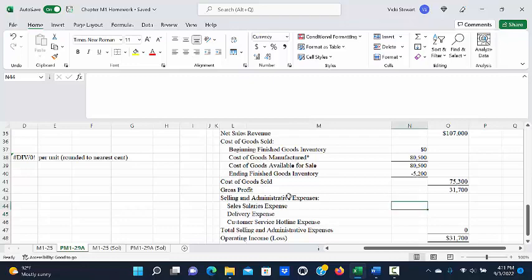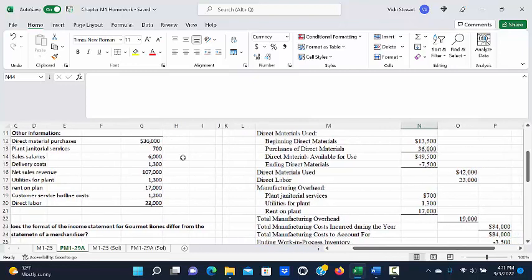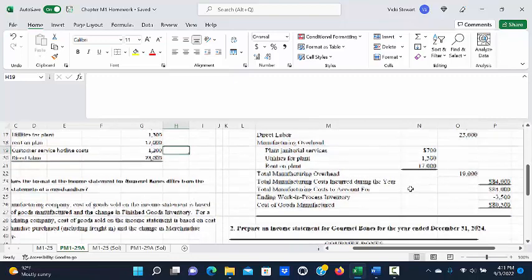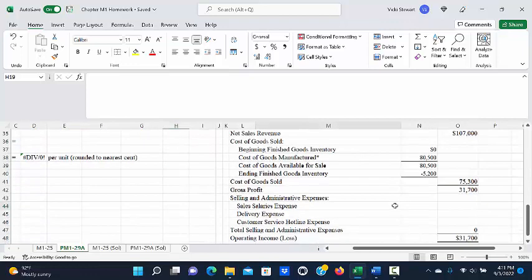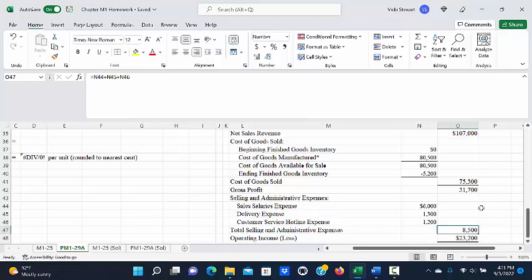$31,700. And then we look back to the information that was given to us to find our selling and administrative expenses, which were our sales salaries, our delivery cost, and our customer service hotline cost. And those we would include in our calculation. So sales salaries was $6,000, delivery expense was $1,300, and the customer service hotline was $1,200. That gives us total selling and administrative of $8,500 and gives us operating income of